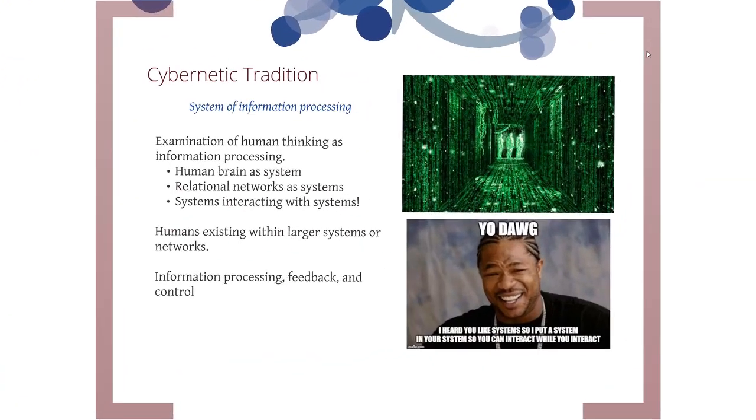Well, we move on from the socio-psychological tradition, we can get into the cybernetic tradition, which still has strong roots in the objective paradigm. As we continue on here, we're kind of moving from the objective toward the interpretive, although even that's a little fuzzy. So in the cybernetic tradition, we're looking at systems of information processing. The idea here, just like it sounds in the sort of cybernetic element, is that we are existing in systems, and there's a big machinic understanding of how humans operate.